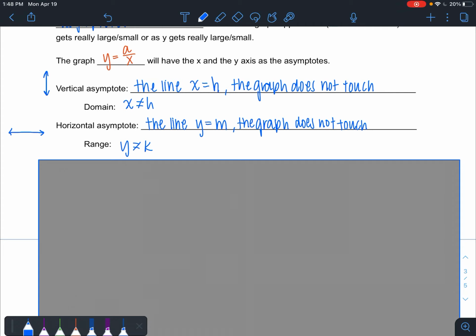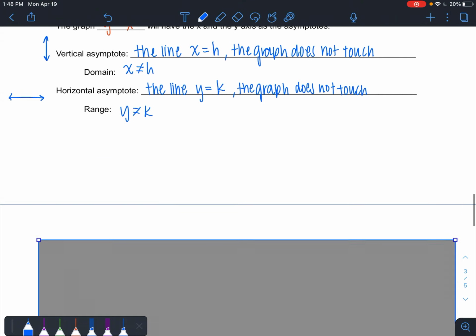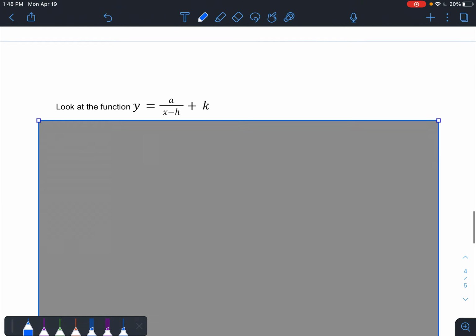Usually we show those as dotted lines, but for now it's fine. And it's going to be the line y equals k. Okay, so then let's go ahead and look at this function here